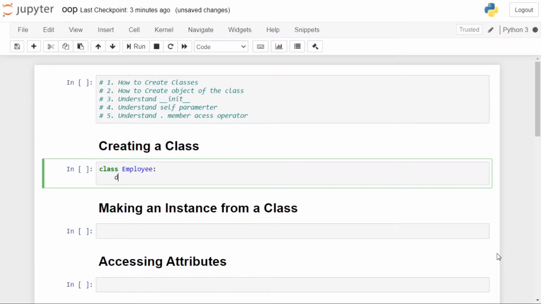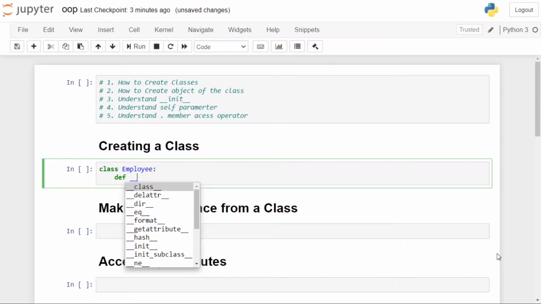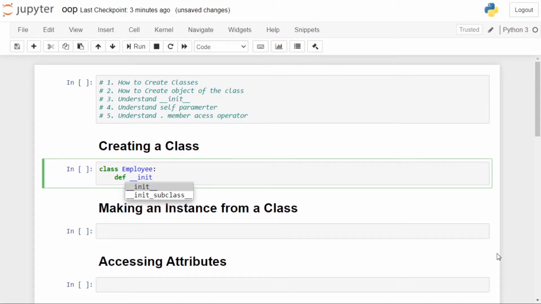Here, we have a special method, a dunder method in it, which will be called when the object of this class is created. Inside this method, you have the self parameter. Every method inside the class contains this parameter called self, which contains the address of the object, or the reference of the object which has called the method of the class.